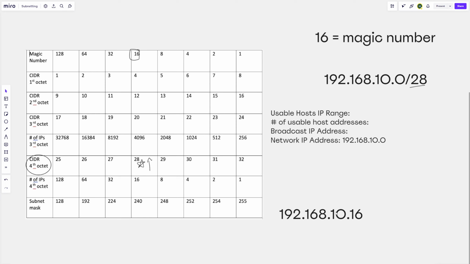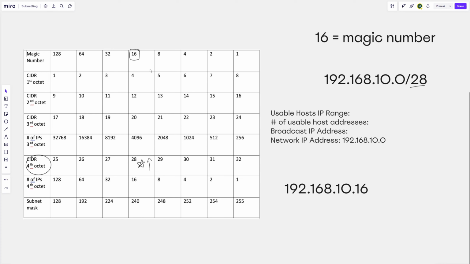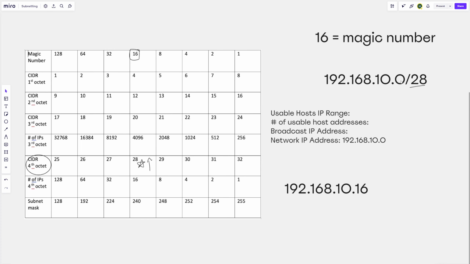We're going to try to find the broadcast IP address. Well, since we know that 16 is the magic number and we added 16 to the 4th octet, as we say right here, this represents the next network, this next subnet. So what we're going to do is subtract 1. Go ahead and subtract 1 from 16. That lands us at 15. This is the last IP address, the last IP in our current subnet of